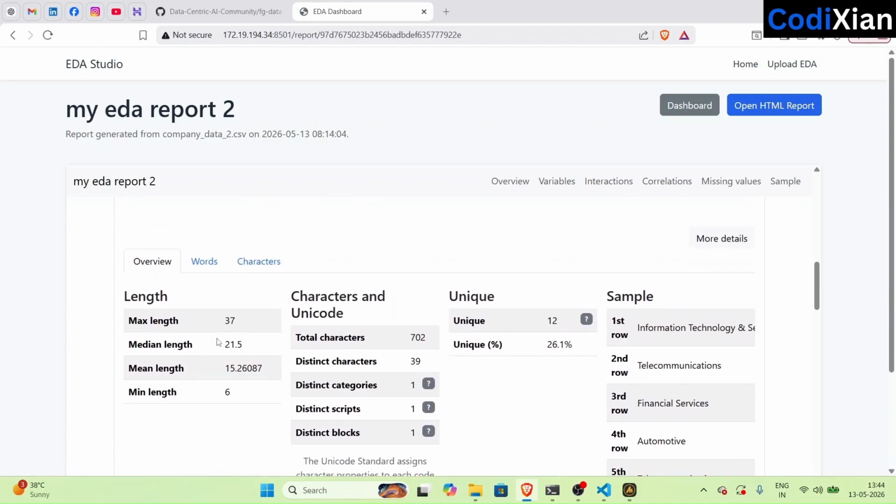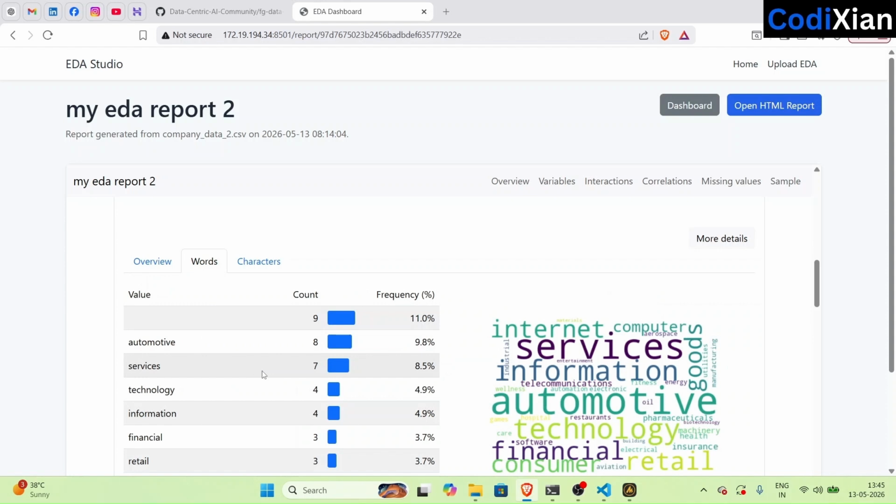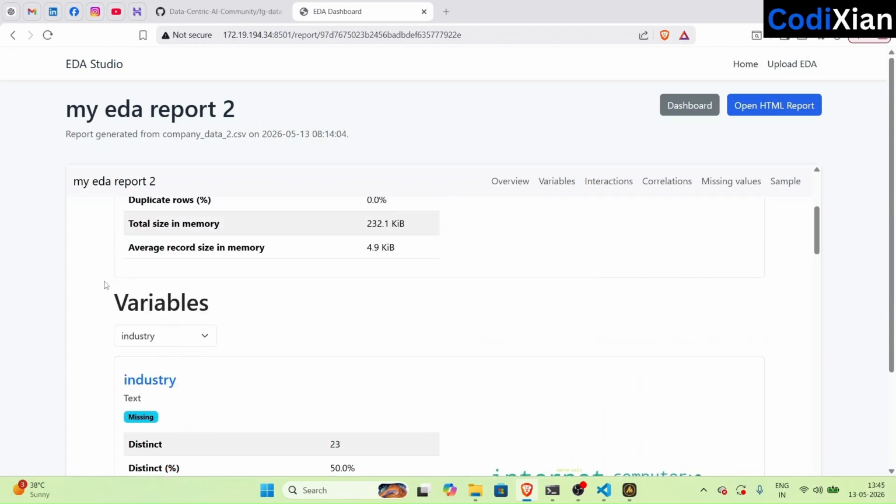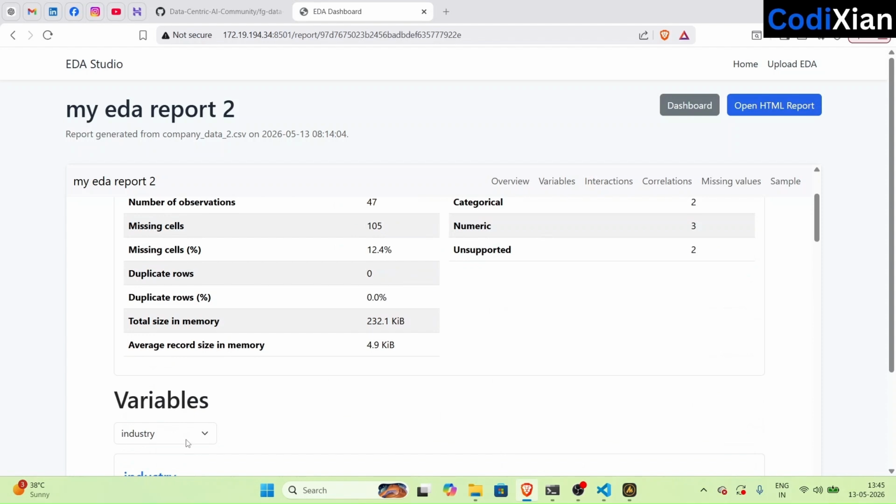So the overview: the max length of any value is 37 and the minimum length of any value is 6 characters. So all this information I can see word-wise. These are the words and their frequencies, and then character-wise as well. And if I select